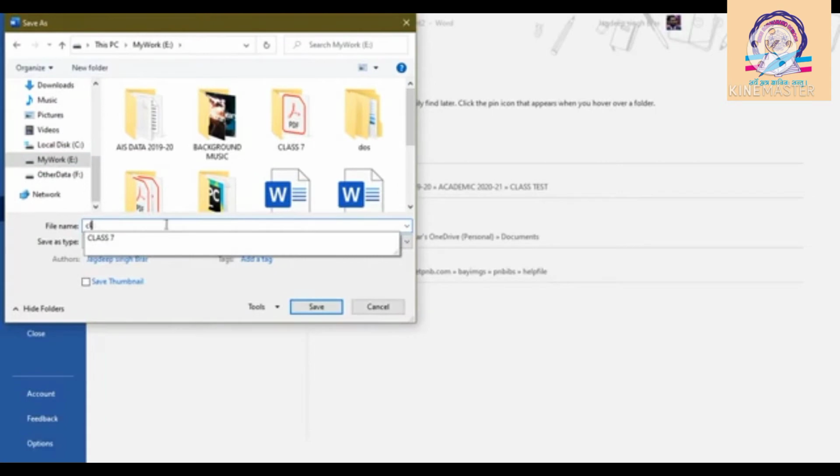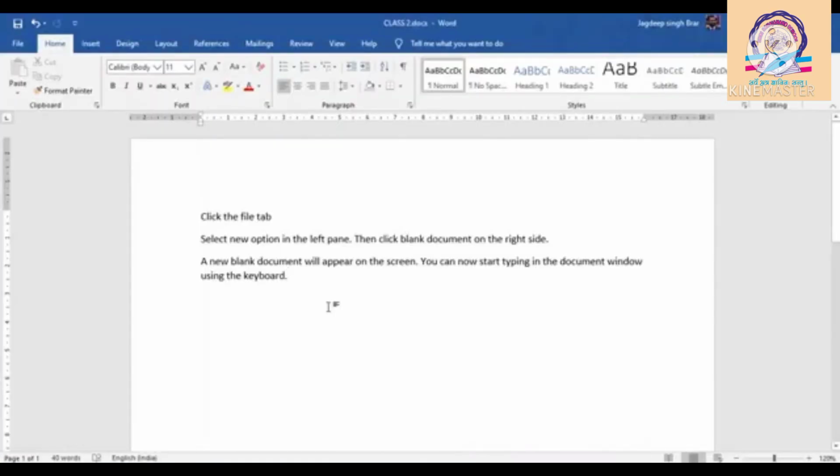Type the name of your document, class second, and select the Save option. Or you can directly click on the Save button from the Quick Access toolbar. So it will open a dialog box to save your document.